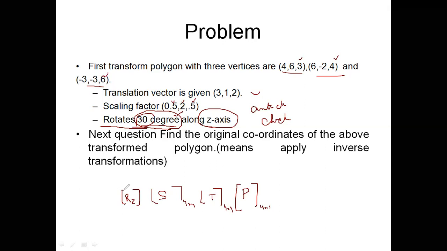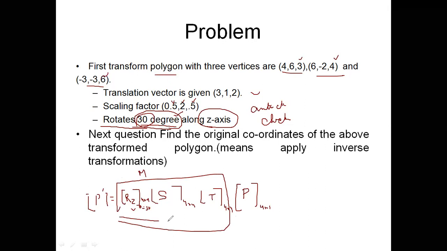So I have explained three matrices. You will pick up the rotation along the z-axis, and theta will be taken as 30 degrees, and it will also be of 4 into 4 order. Then you will get p dash, the new point. Now you will calculate m, that is a composite matrix, so that it can be applied to each point of the polygon. m is the resultant matrix after applying these, and it is done in 4 into 4 order.